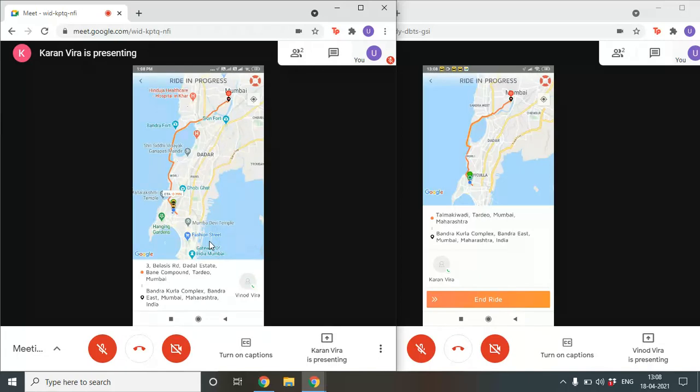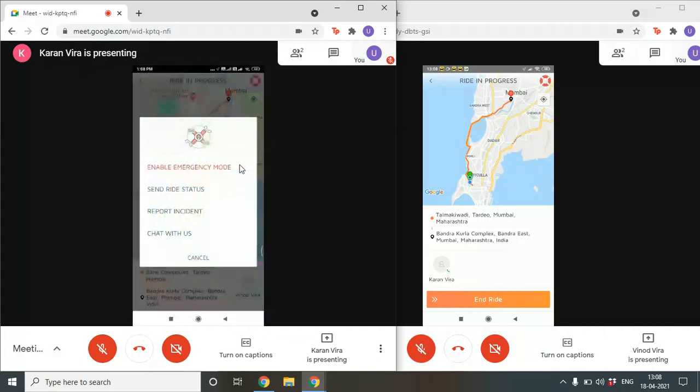In case there's any problem or any emergency here, there's one tab on the right hand top corner of the application for the driver as well as the customer. That is for the emergency contact. Here he can set the ride radius, report an incident, and even enable emergency mode.